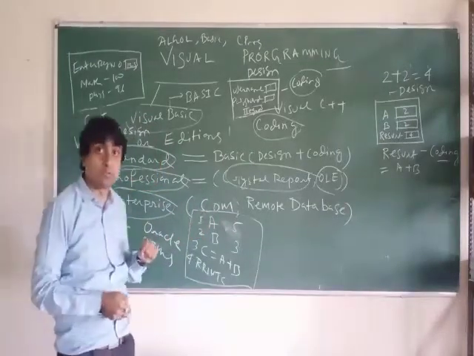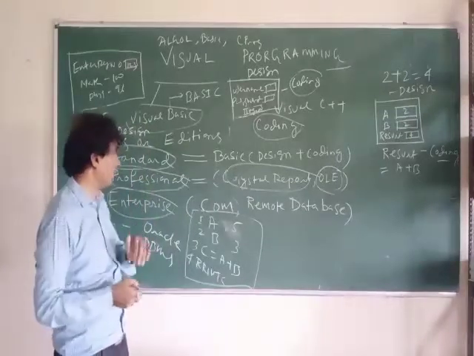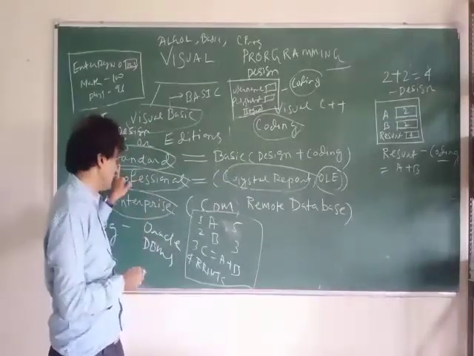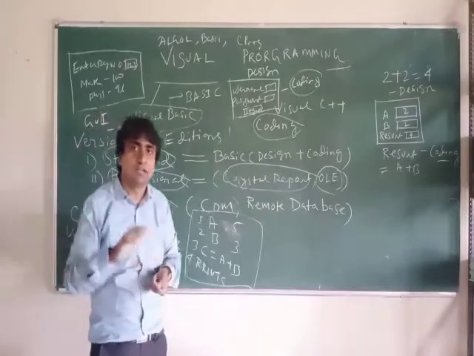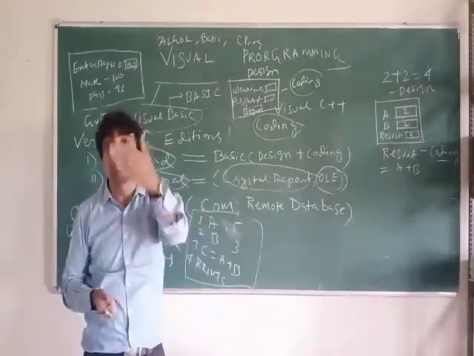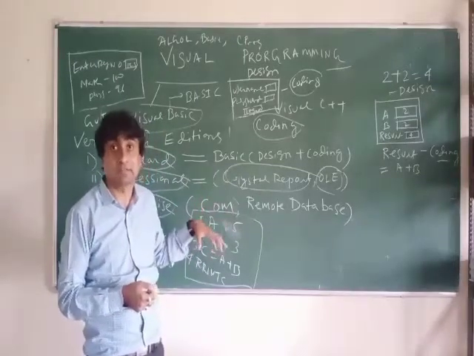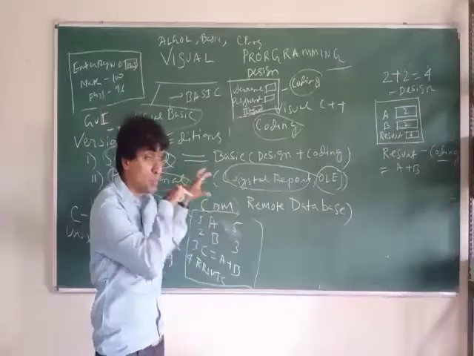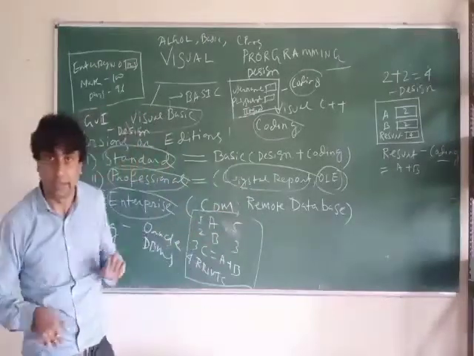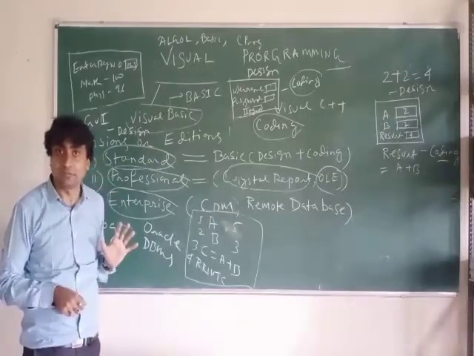Enterprise edition or version. So how many types of versions are there? Three types of versions are there: standard, professional and enterprise. Once offline class starts, I will elaborate on this a little more, because in online video recording classes, everything cannot be elaborated so much. But since you get an idea now, you will have a glance.